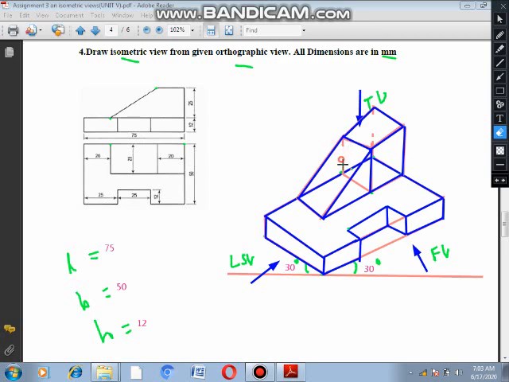Okay, don't remove these lines. Okay, you have to show the procedure for how to construct the isometric view. Don't remove these lines. I am showing the total diagram, only the total shape of the diagram. Okay, don't remove these lines. You have to show these lines, very thin lines, very thin lines. Okay, very thin lines.